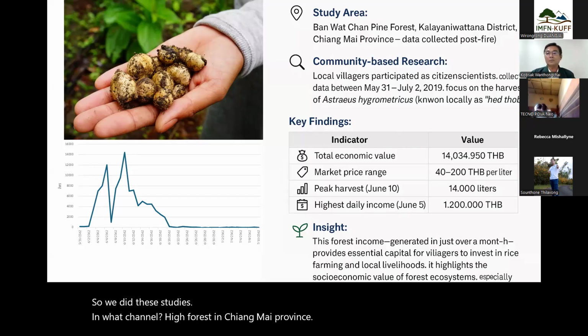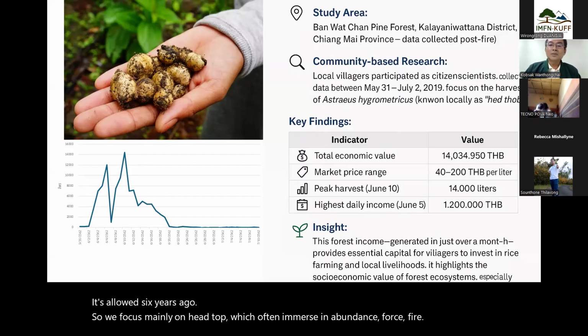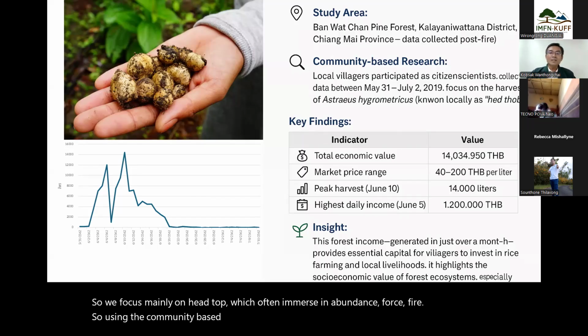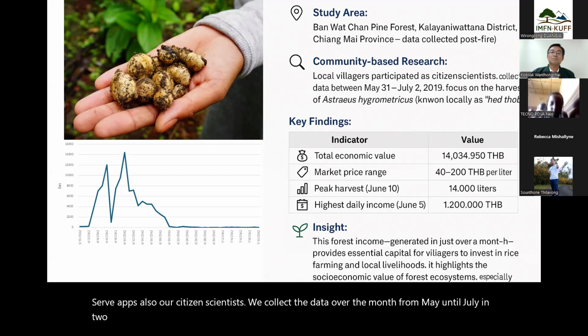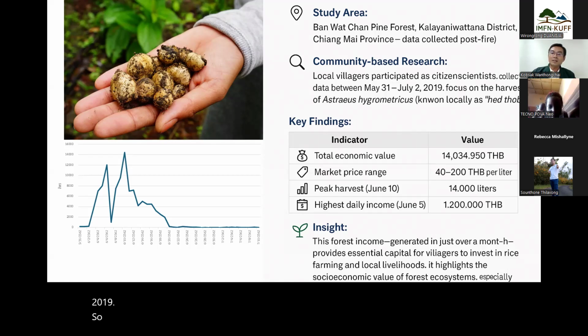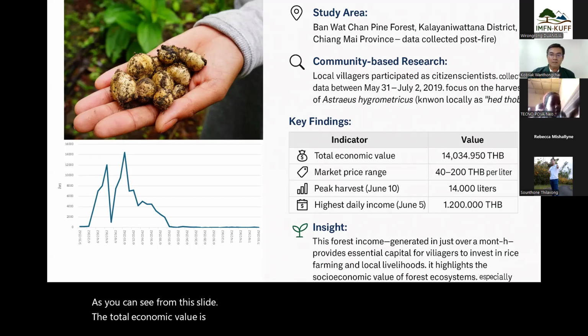It was around 6 years ago. So we focused mainly on hed thaw, which often emerges in abundance post-fire. Using community-based approaches, the local villagers also served as our citizen scientists. We collected the data over the months from May until July in 2019. The result of the mushroom economics is very interesting. As you can see from this slide, the total economic value is about